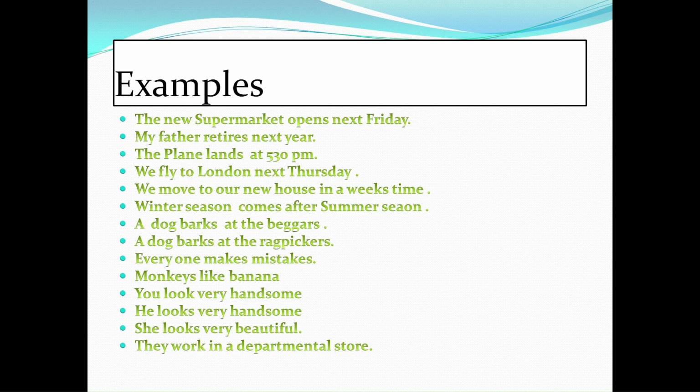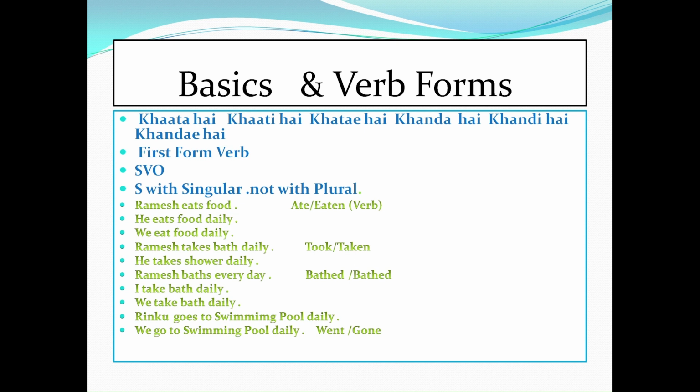There are a couple of other things also which are getting clarified, which you would understand when I tell you about the basics. Now, all of you know Hindi or Punjabi. So if we translate any sentence in Hindi, and that sentence ends in khata hai, khati hai, khate hai, it means that the tense is simple present tense. So the first basic rule is that the first form of the verb would be used. The second thing is that if the subject is singular, the s would be used. If the subject is plural, s won't be used. And this would be the sequence of the tense sentence, I would say.